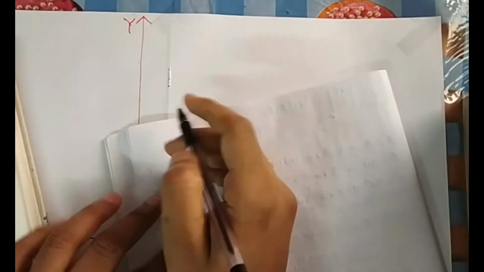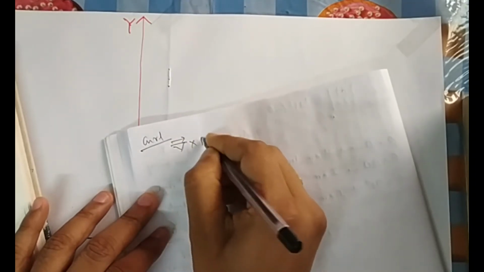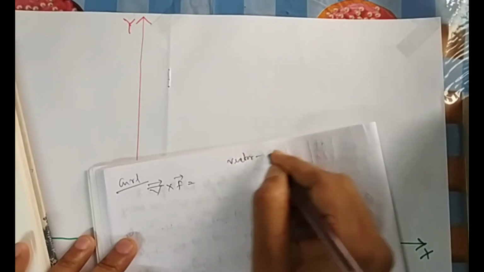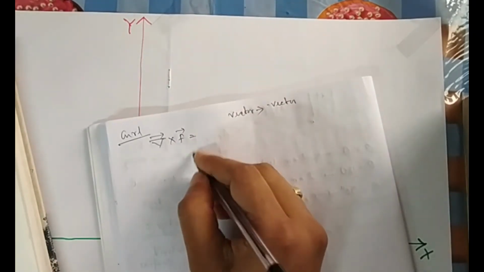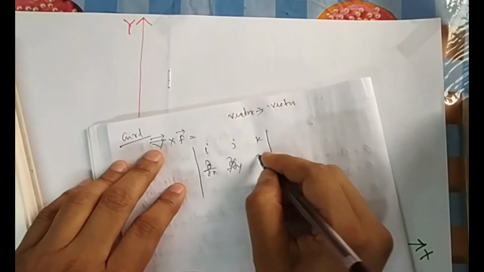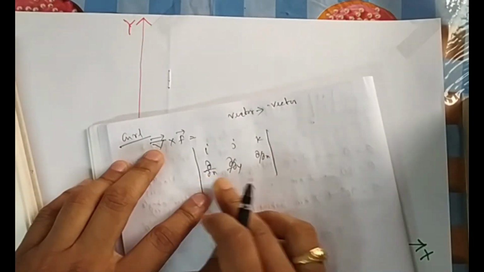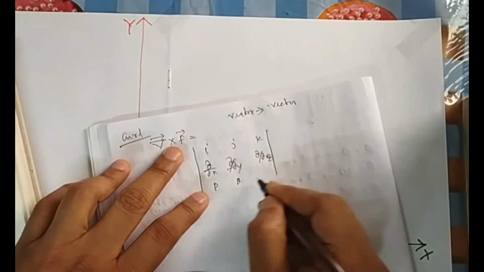Now the last one is the curl for today. What is curl? Curl is del cross F. So what does curl represent? Here the input is a vector and the output is also a vector. You give the input as a vector and you get the output as a vector. To calculate the cross product, take the del operator: del/del x i, del/del y j, del/del z k, and this is your F, where F is P, Q, R. If you take this cross product, you will get the curl.